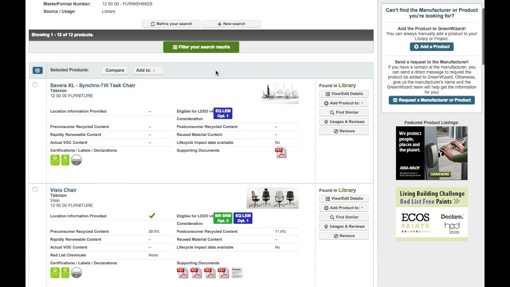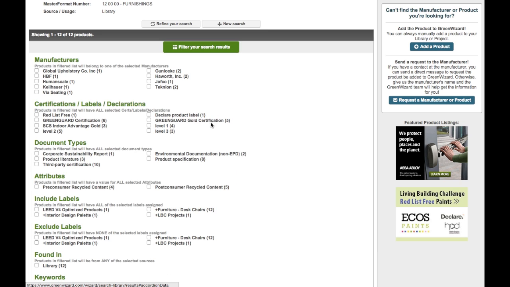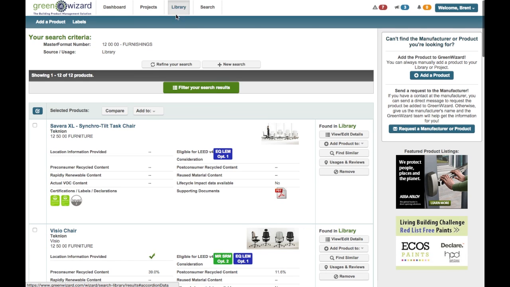So I can see here a list of information. I can filter that again. I can continue to filter these down by different options, or I can go in here and specifically look at maybe comparing some different products together. So go here, I'm going to go back to the library for a second,